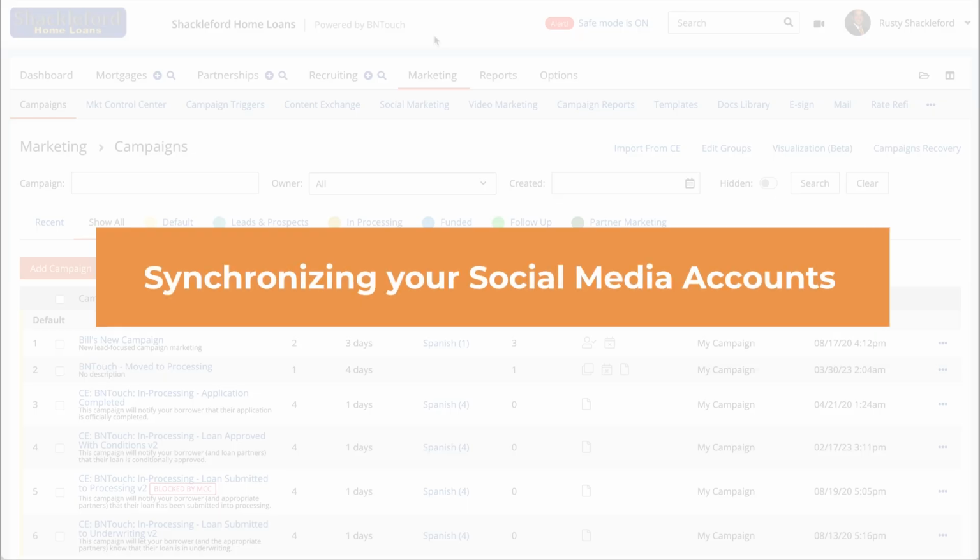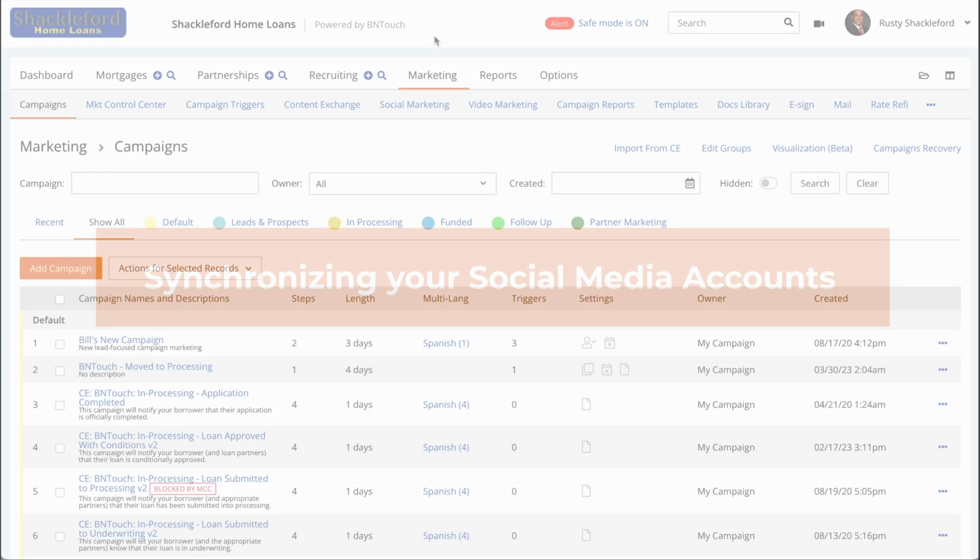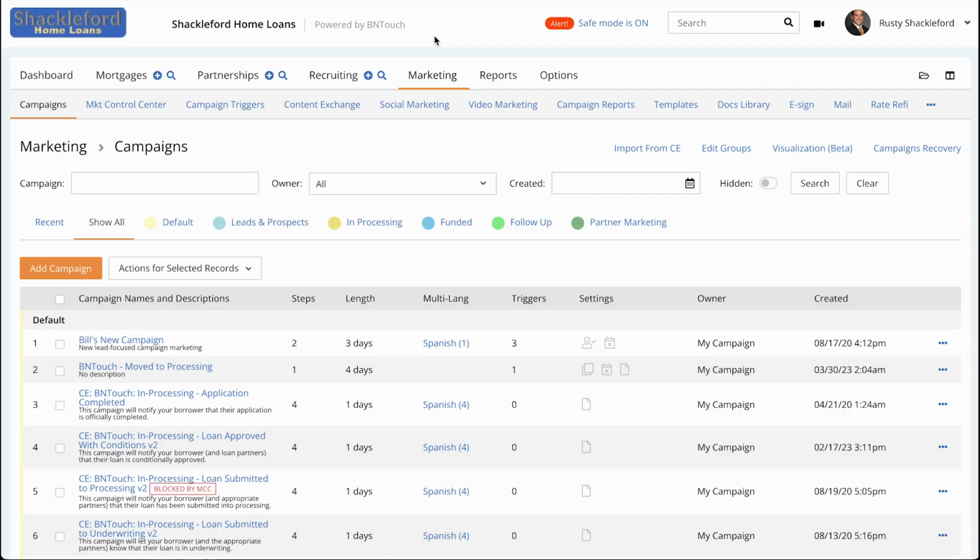The first step to handling your social media presence from within your BNTouch CRM is to connect your company's social accounts to your CRM account. To do this, open your Marketing tab and click the Social Marketing sub-tab. If you can't see this option, click the More drop-down menu in the upper right corner of the screen to